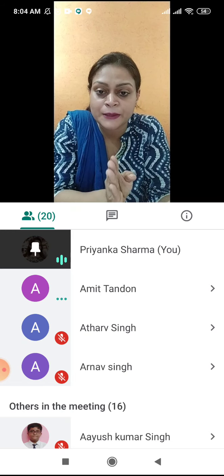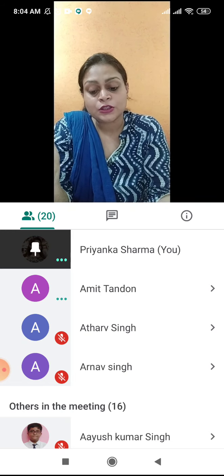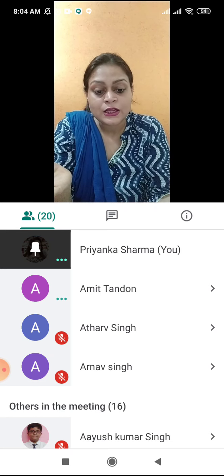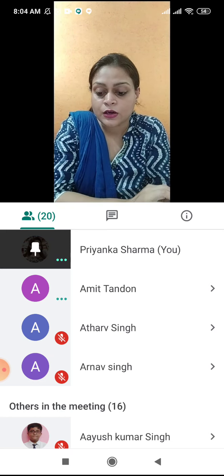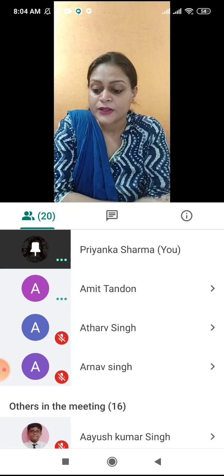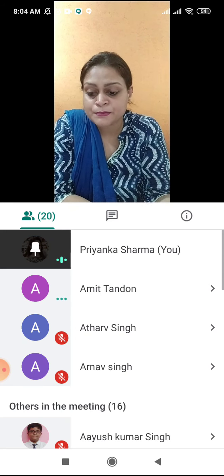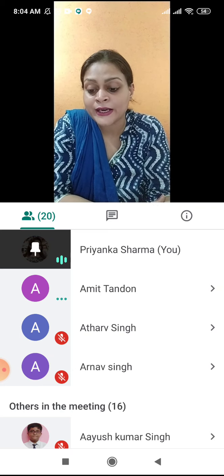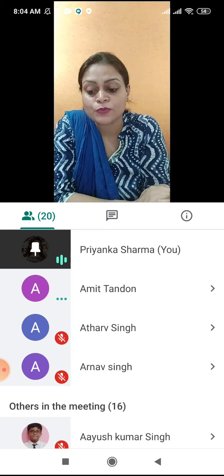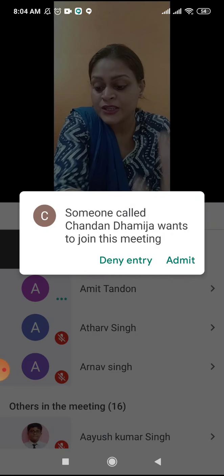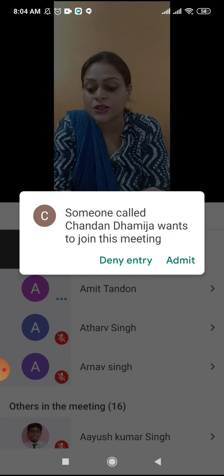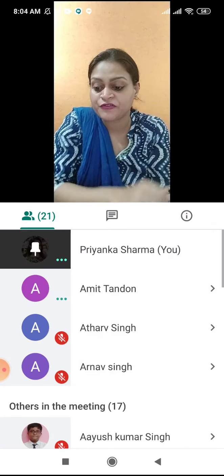Fulcrum means the joining point, load means the weight, and effort means the pressure which is put. All of you getting it? Okay. Now let's read. A lever is a simple machine. It is a bar or rod that is arranged in a way to turn or move about a fixed point. This fixed point about which the rod moves is called the fulcrum.